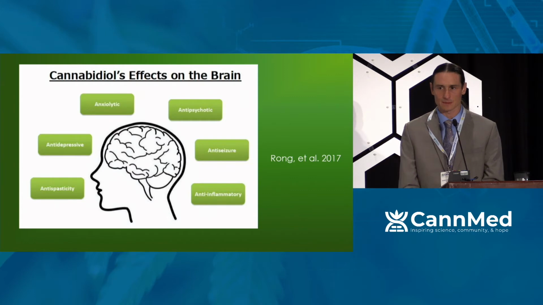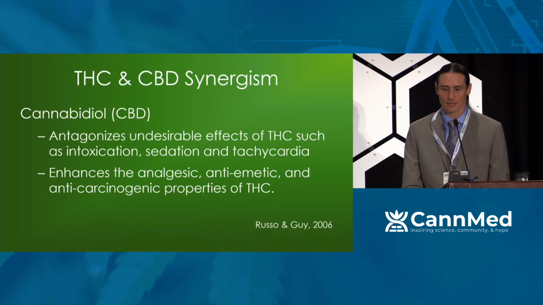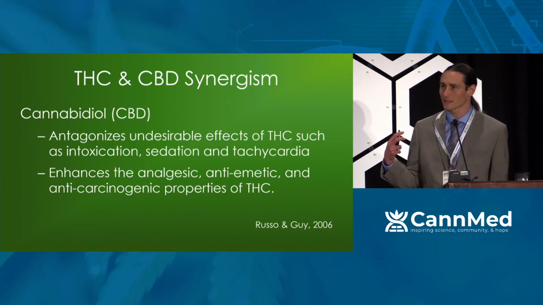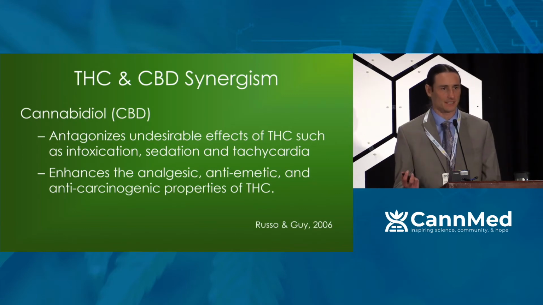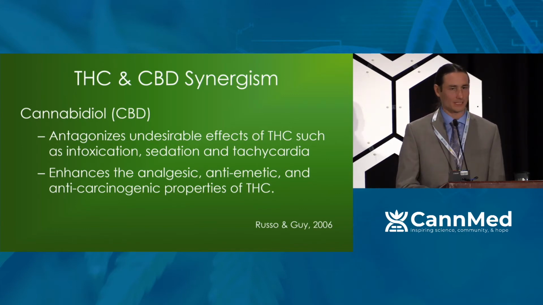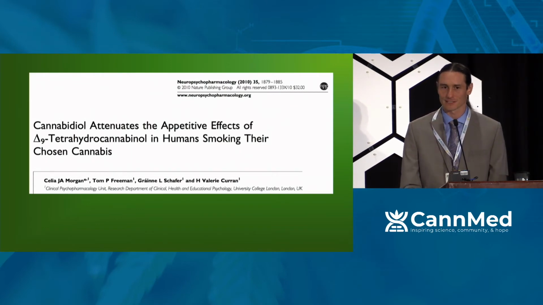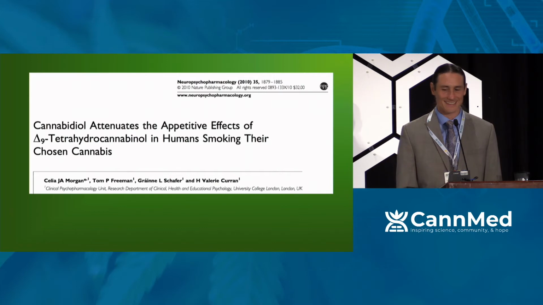In my experience, CBD works the best in combination with THC. This is where it really shines. As a standalone agent, a single molecule pharmaceutical, CBD absolutely has some power, but really in the context of some of the other aspects of the plant, in particular THC, CBD works well. Why? Because it antagonizes some of the side effects of THC while enhancing some of the benefits of THC. It basically widens the therapeutic window of THC when used together. And it even decreases the appetitive effects of THC for those worried about the munchies. Again, we don't need rimonabant to help us with that.